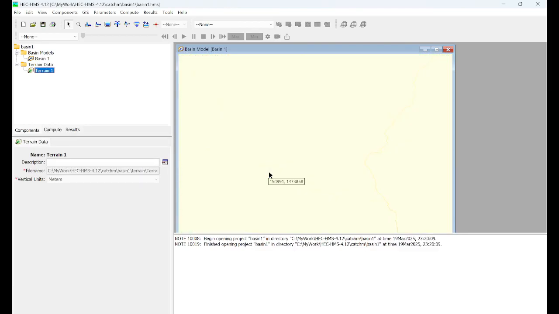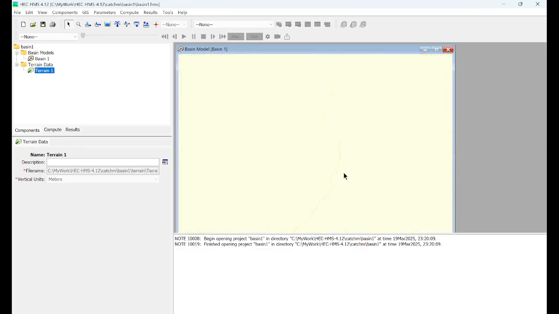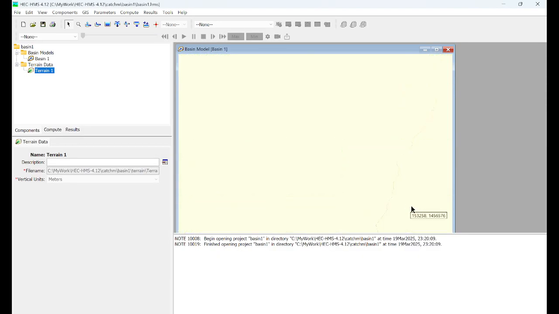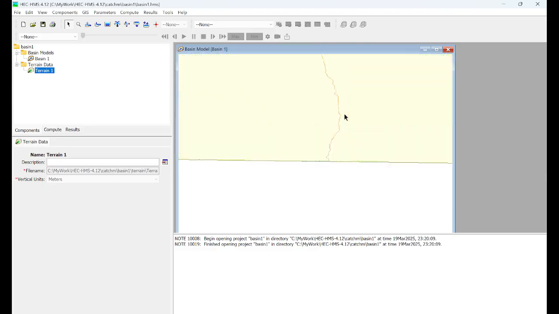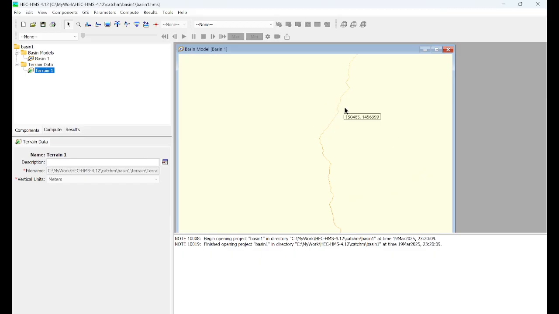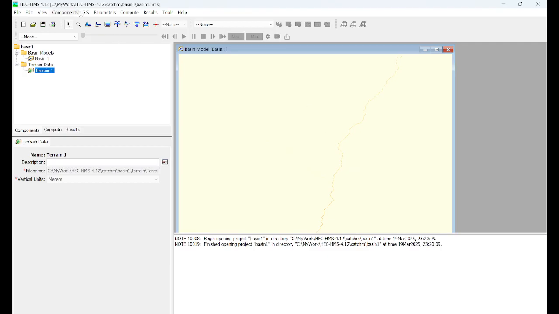Let's wait for this. So you can see it already delineated the stream, this yellow line, right? You will zoom in, right? So you can see it delineated the stream. If you put less than 500, then maybe you can see other drainage or other streams also. Sorry. So what I will do next is go to